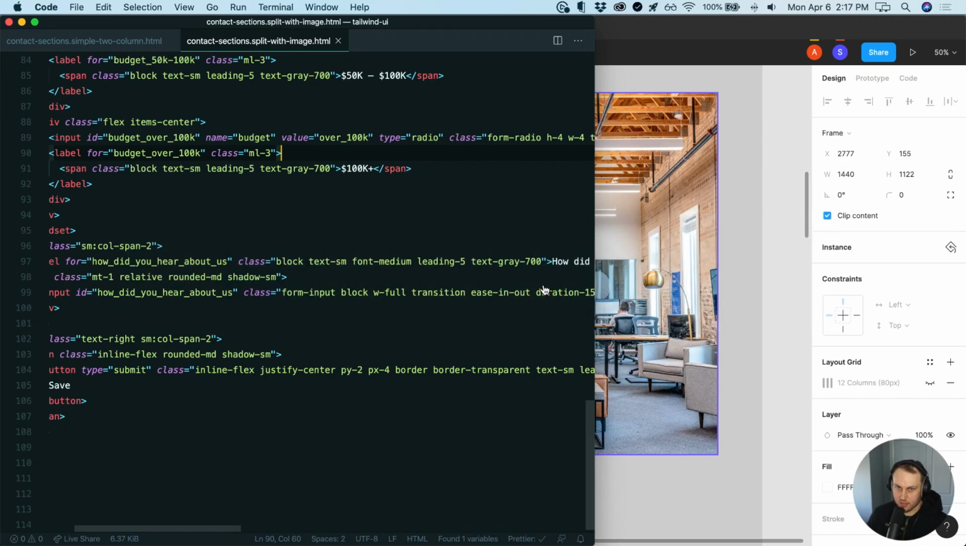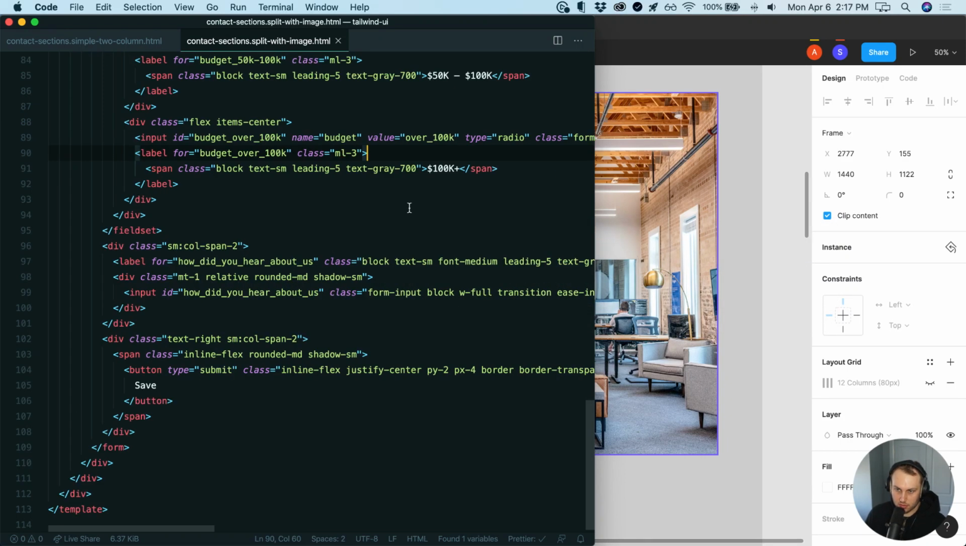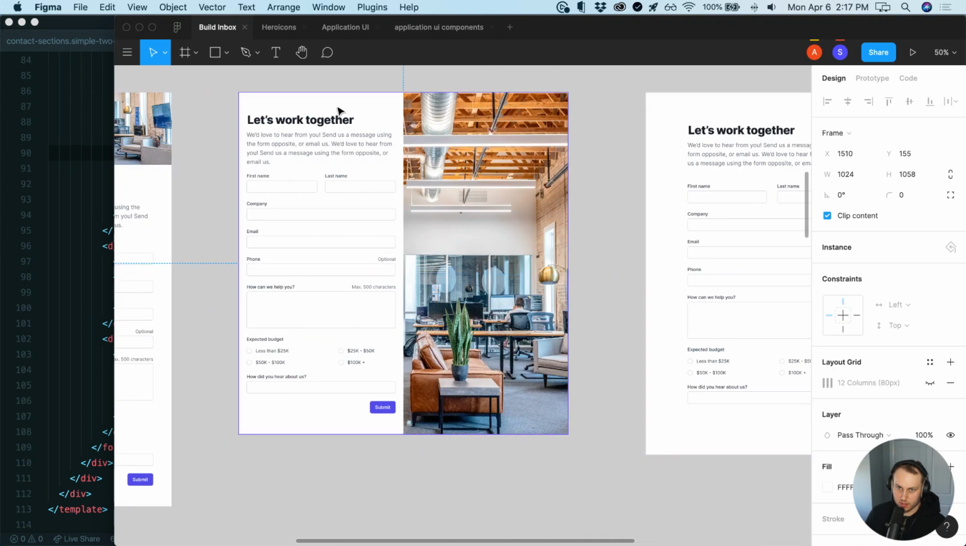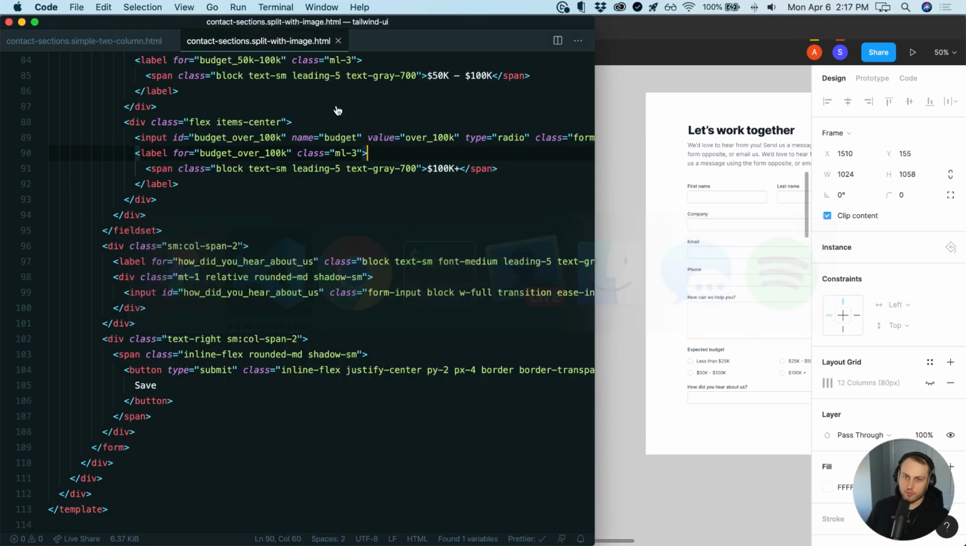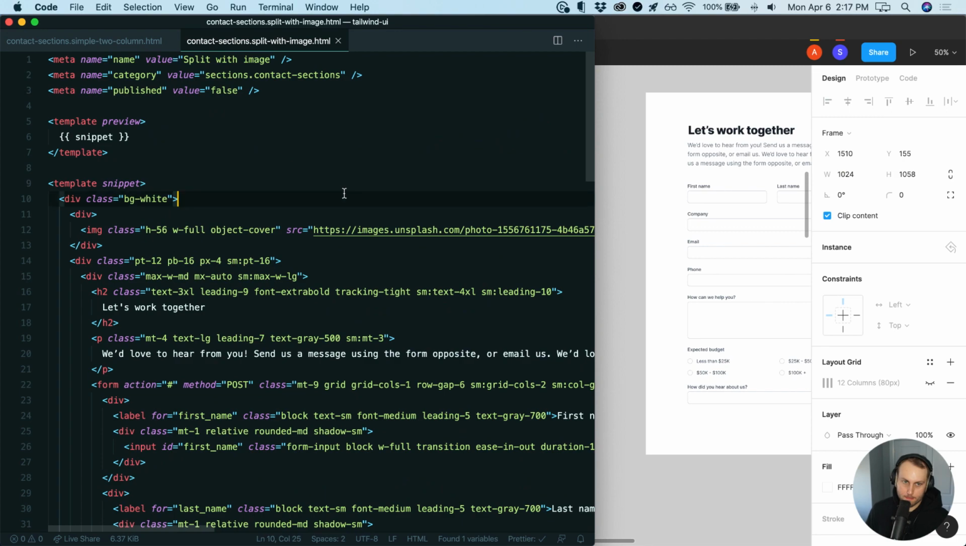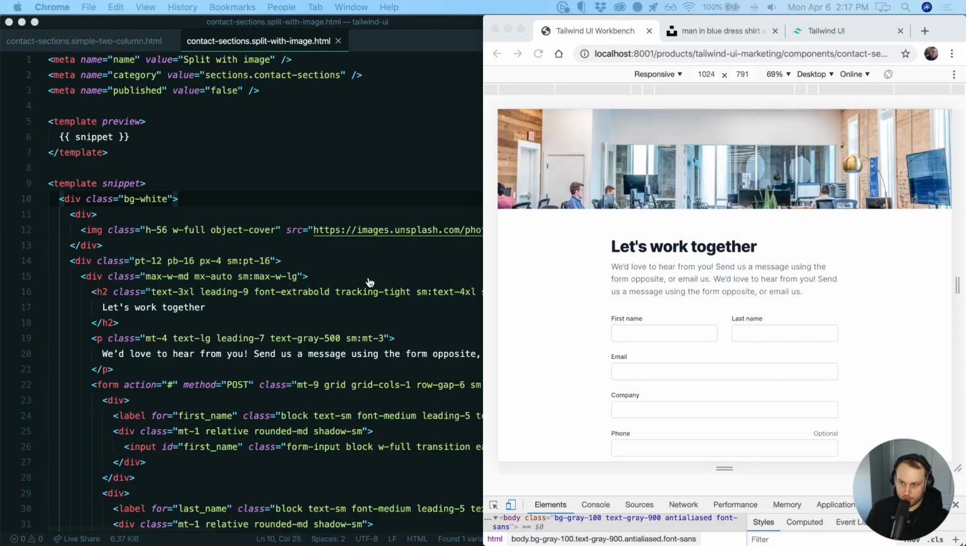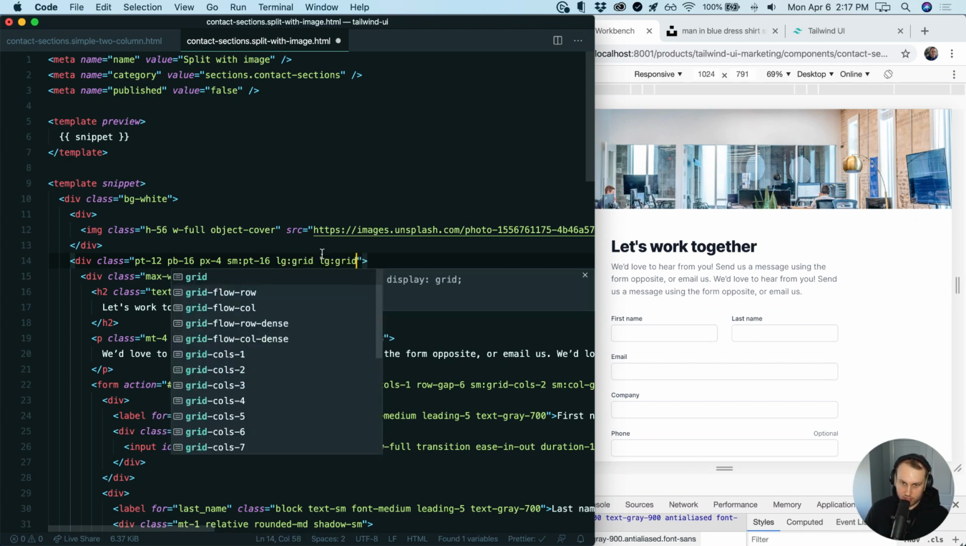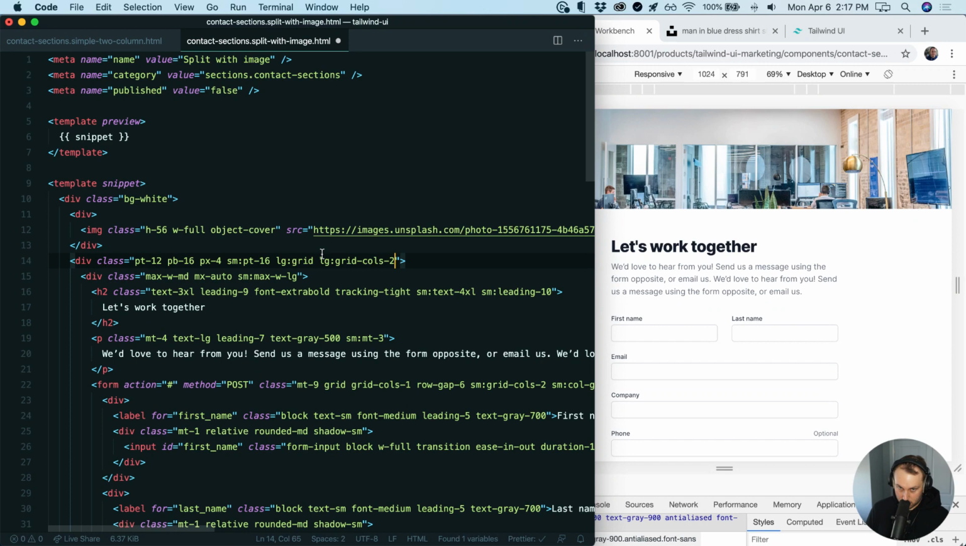So let's go to, what size is this? This is 1440. All right, so here's what we're going to do. We're going to think about how this should work. I think, let's say LG grid-cols-2. And usually for this padding,